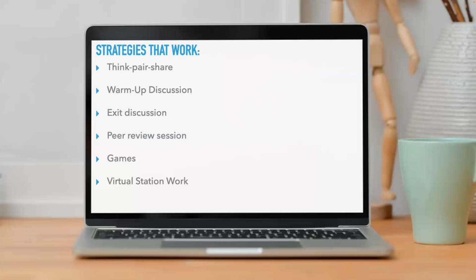Some strategies that work. Of course, the breakout rooms. They can be absolutely great when it comes to think, pair, and share. However, in your face-to-face classrooms, you can obviously do think, pair, share real quick for collaborative learning. Do warm-up discussions, do exit discussions, do peer review sessions, play games, and virtual station work where each group doing